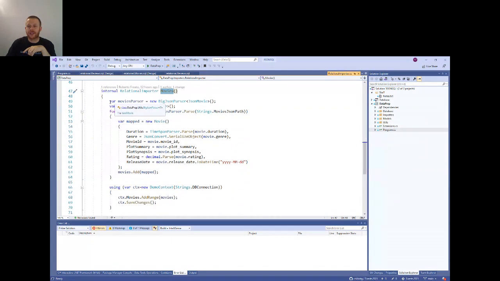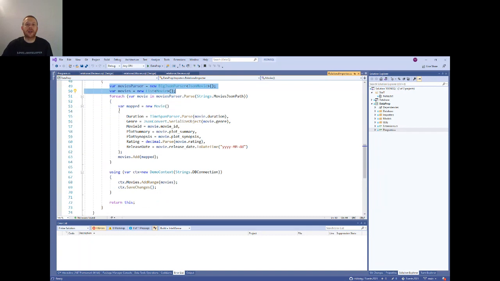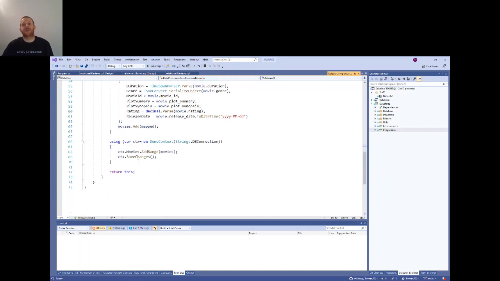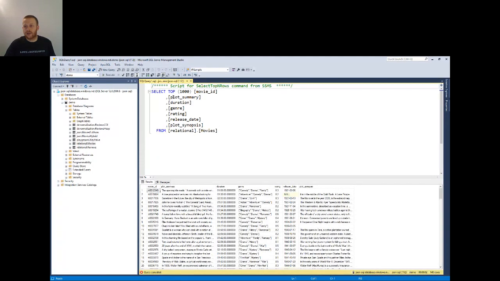For instance, this reads from the JSON, and for each movie that it finds inside the JSON, it will write an entity into the context and then save the changes through Entity Framework. That is a really good ORM in the Microsoft ecosystem. Good. So let's take this for granted, and let's take a look at the results